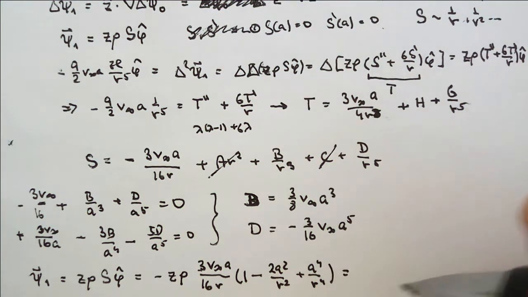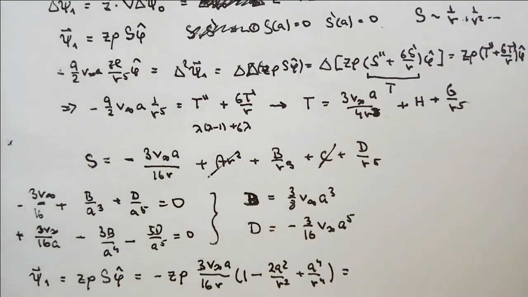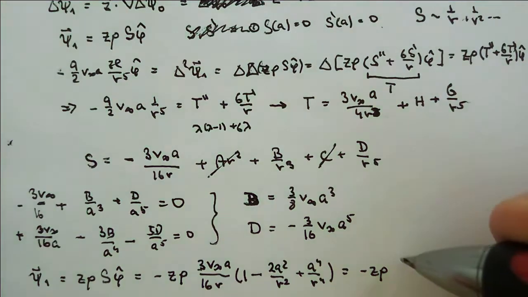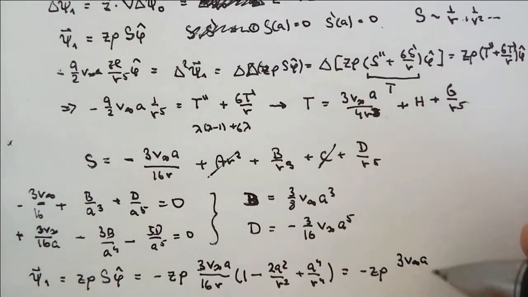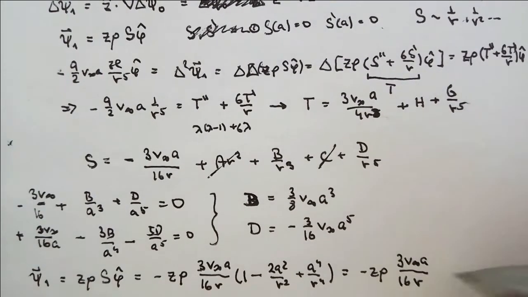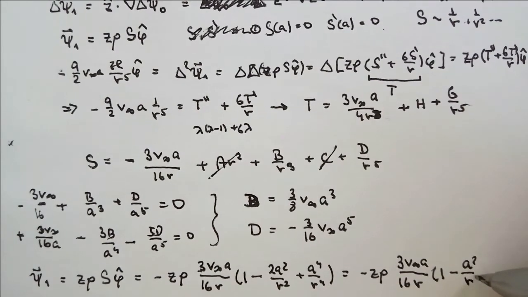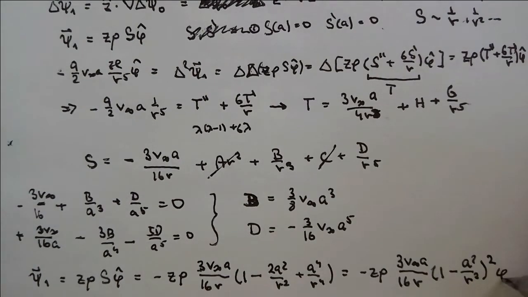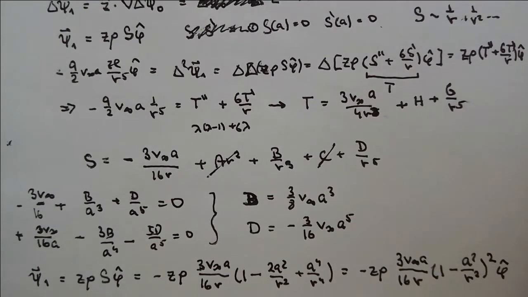And again, it can be simplified, because minus 0, this is the result of simplification, 3/16 r, and there is 1 minus a squared over r squared, the whole squared, and phi. This is the solution for the